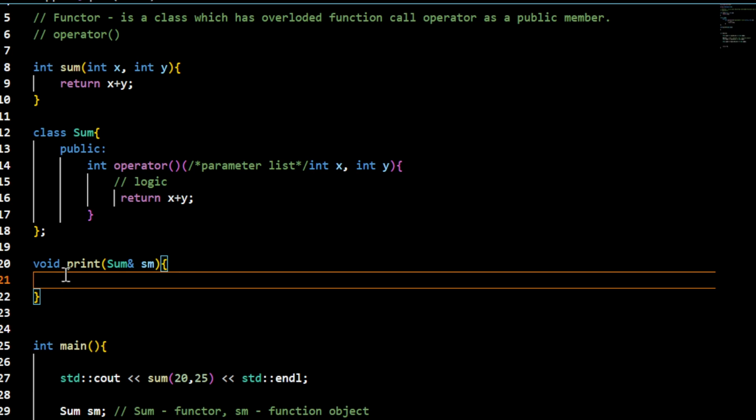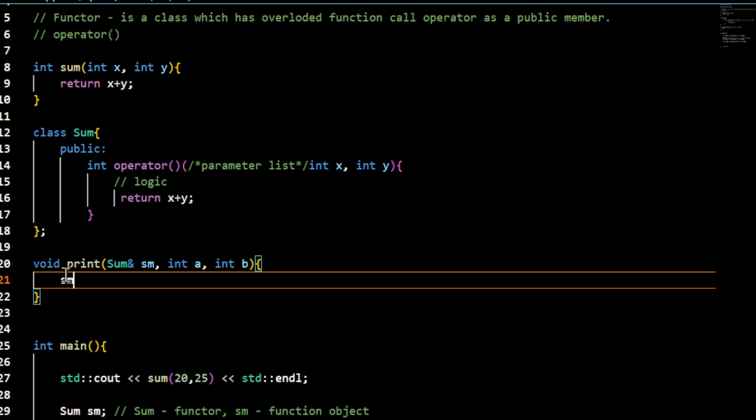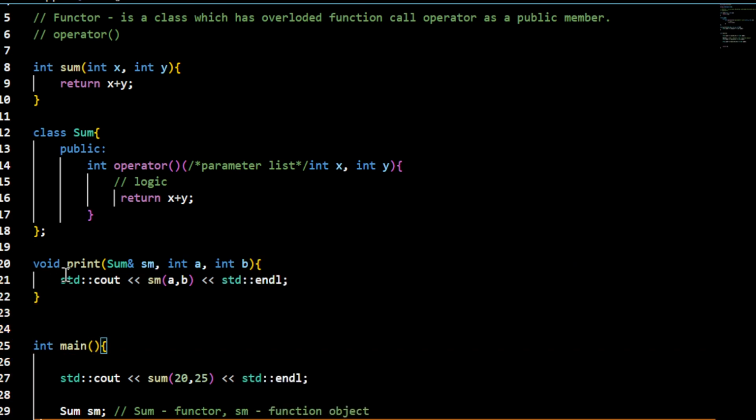and from within, when you want to print, you also want to pass the data. So int a, int b, and from within the function you can execute a b, right? And you also want to print it. So this way you don't need to use this logic. You can call print function and pass object into it,